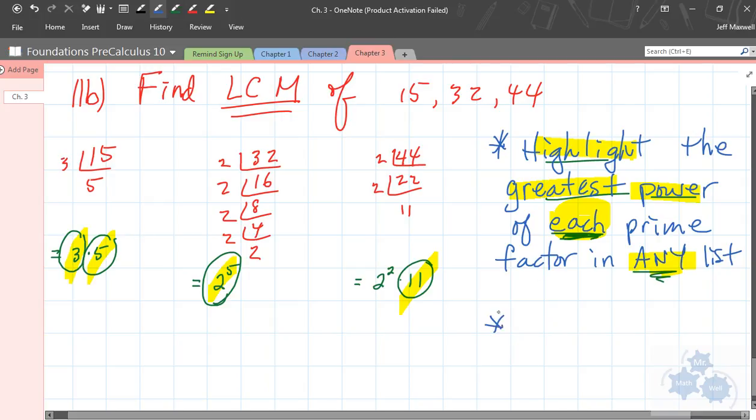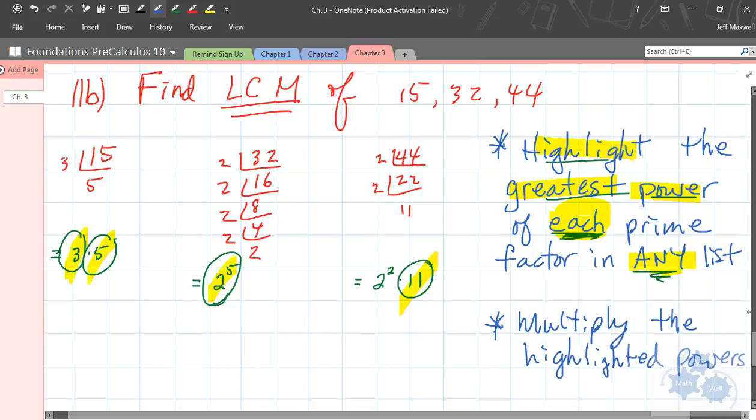So multiply out the highlighted powers. So I've got 3, I've got 5, I've got 2 to the power of 5, I've got 11. See, those are the ones that we highlighted. If you multiply all those out, what do you get? 5,280